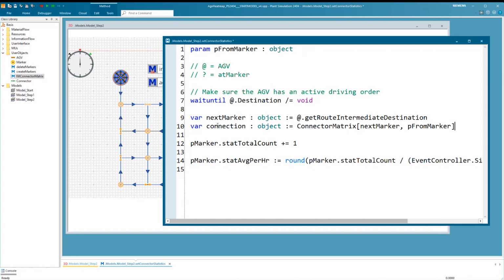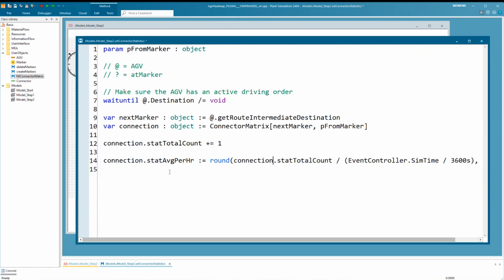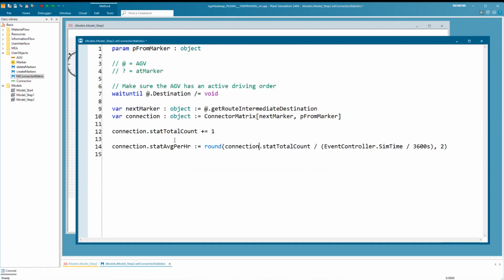So this is the connector that is going from one to the other marker. So now I can use my same statistic attributes and update them. So my total count and my average per hour.